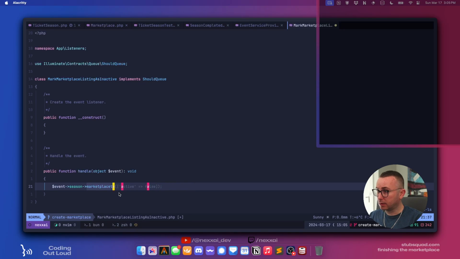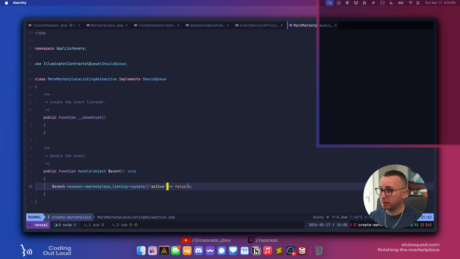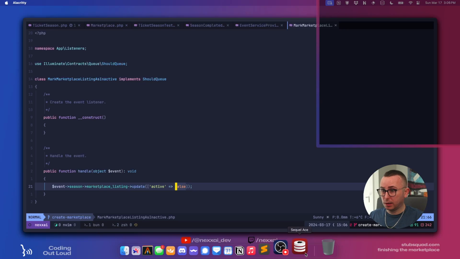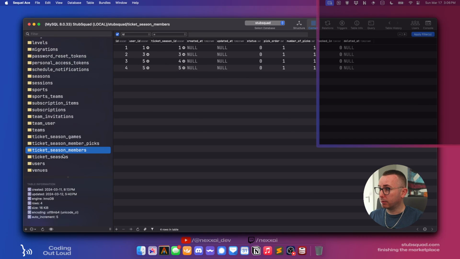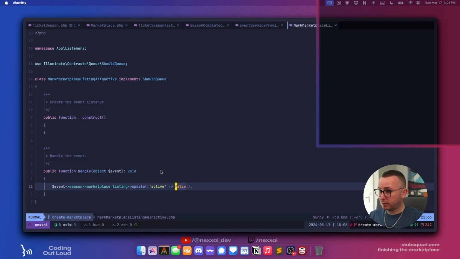So this needs to go to underscore listing. Yes, so event season marketplace listing update active false. Now I don't think that's the name of the relationship. So let's get the name of the column. So is active. Is active.